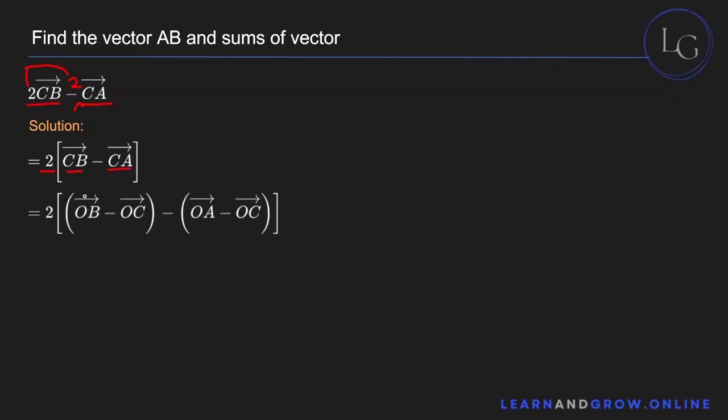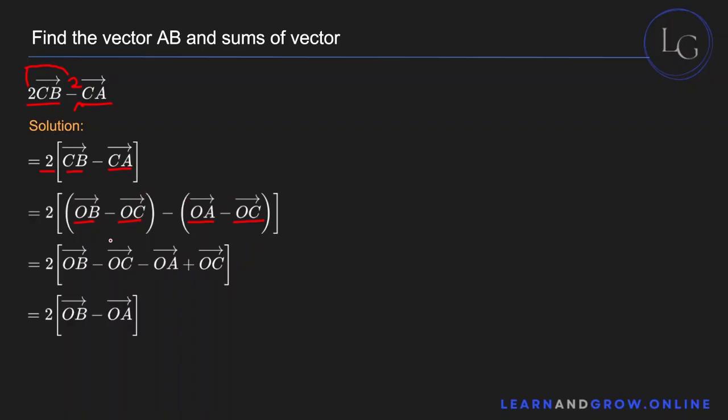Now, as you know, CB is equal to OB minus OC, the position vector of B minus the position vector of C, and CA, that's right, the position vector of A minus the position vector of C. Okay, now we already found these values earlier,